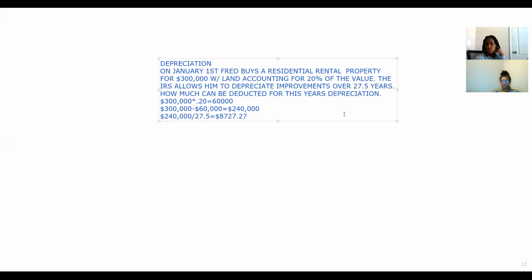All right, now we're going to do a depreciation problem. On January 1st, Fred buys a residential rental property for $300,000 with land accounting for 20% of the value. The IRS allows him to depreciate improvements over 27.5 years. How much can be deducted for this year's depreciation? In order to find this, you take the 300,000 times 20%, which is 60,000. Then you take the 300,000, subtract 60,000 to get 240,000. And then you take the 240,000 divided by 27.5, which is equal to